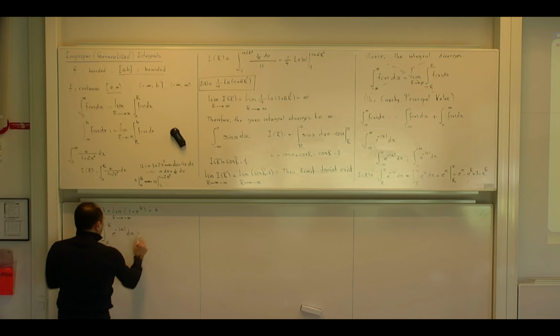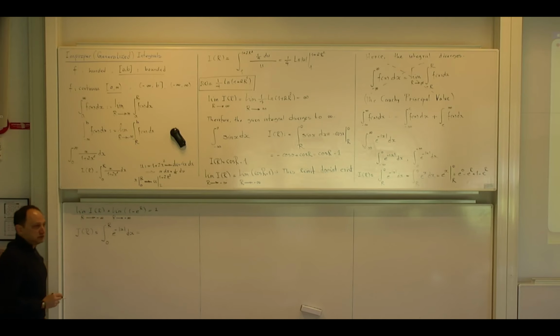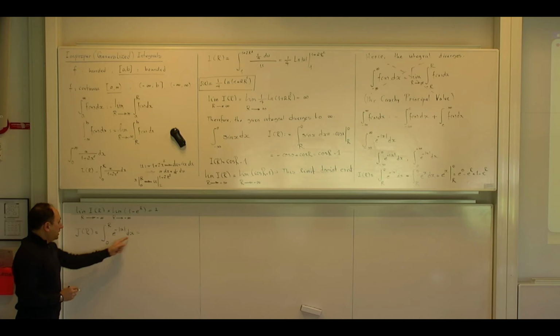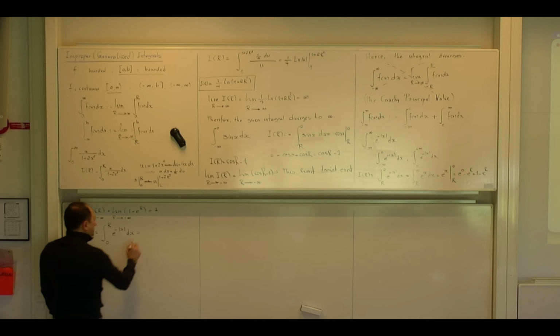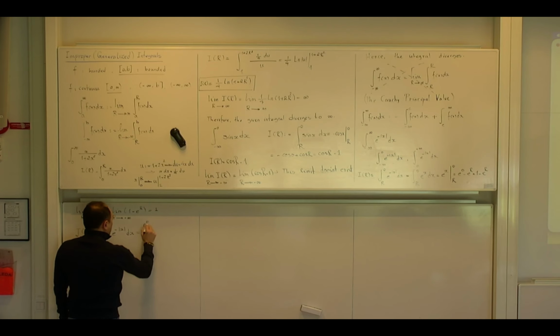But tell me, what can I do with the absolute value here? I am working with r positive in this case, r is above 0. So this is the positive numbers. x is always positive, so I can remove the absolute value safely. So it means that this minus sign will survive.